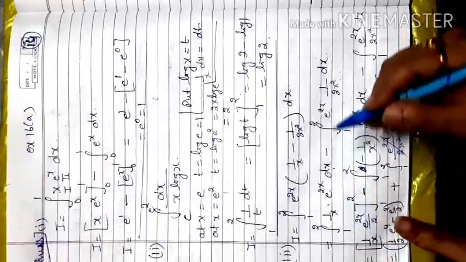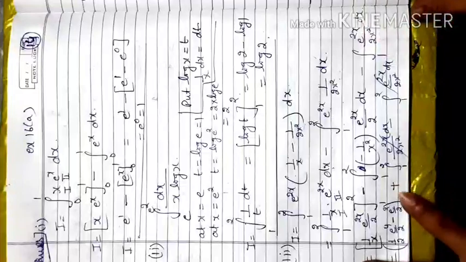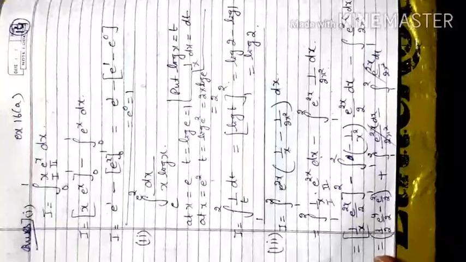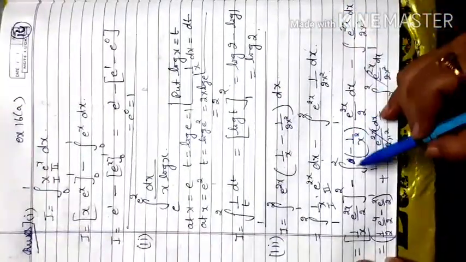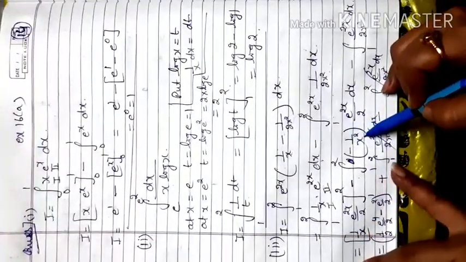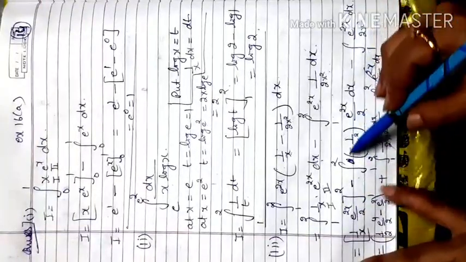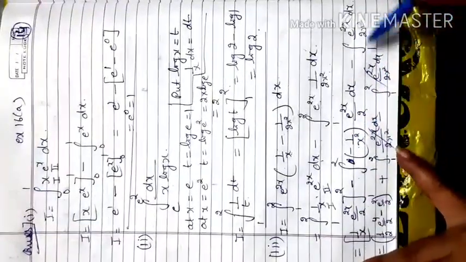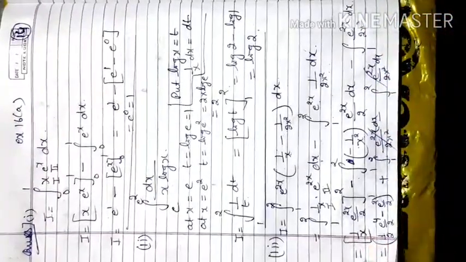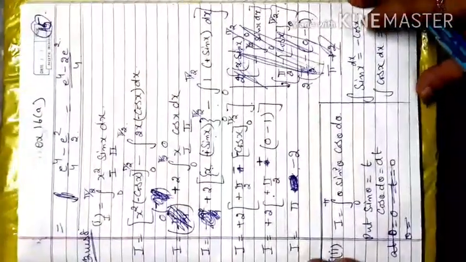So this will be considered as your first function, and this will be considered as your second function. After integration, we get e raised to power 2x by 2, and when integration is over, you apply the limit here. Then the next part is the differentiation of 1 by x, which is minus 1 by x square, times e raised to 2x by 2 from the integration, so the negative becomes positive. That is exactly the same as the other term with opposite sign, so it will be cancelled, and only this is left. That is your required answer, e raised to power 4 minus 2 e raised to power 2 by 4.